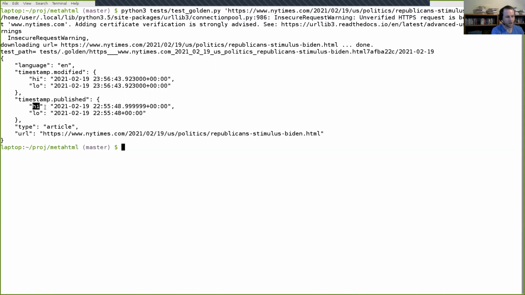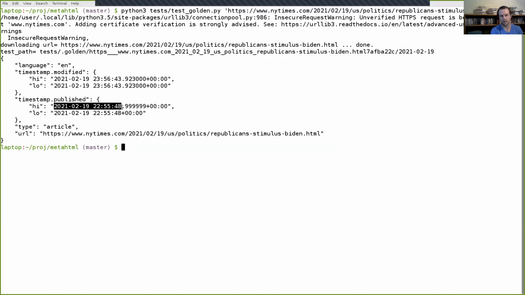Here you can see that both the high and low match each other up to the seconds field of the timestamp, and they're different after that. In the high field, it's pegged to the maximum possible value, and in the low field, it's pegged to the smallest possible value. What this means is that the New York Times webpage for the published timestamp gave us